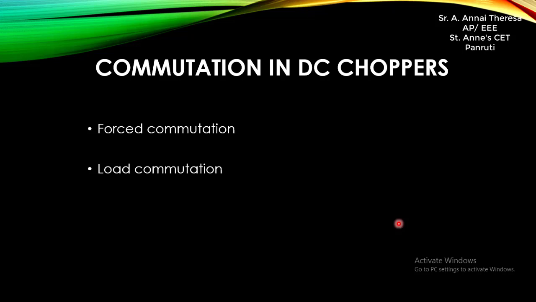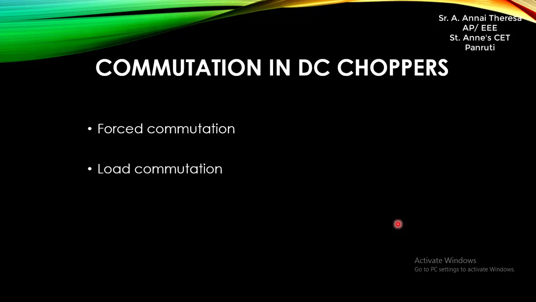The process of opening or turning off a conducting thyristor is called commutation. So in DC choppers, a commutation circuit has to be provided to turn off the main SCR. A conducting SCR can be turned off by reducing its anode current below the holding current value, then applying a reverse voltage across the SCR to enable it to regain its forward blocking capability. There are several ways of turning off an SCR, and all these methods are different from each other.